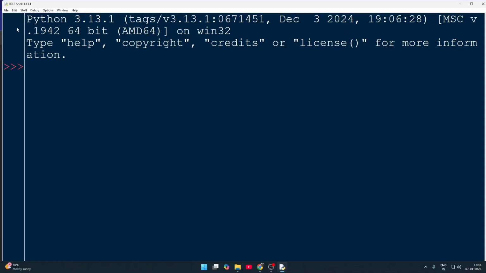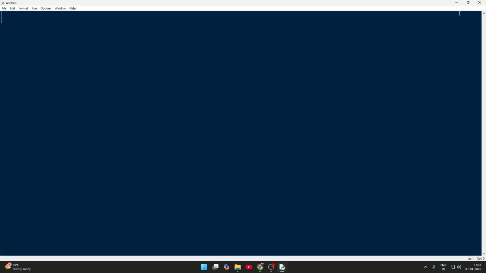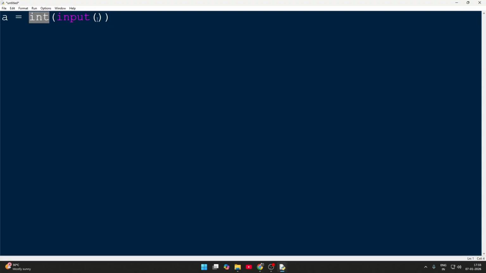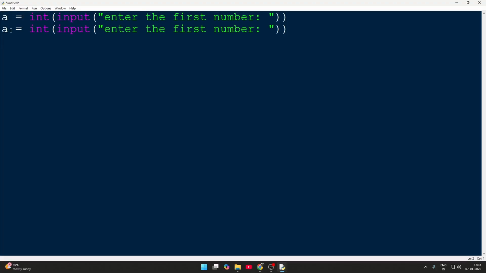So we just have to open a new file. Directly we'll start with the solution. We have to take two numbers from the user, and you have to remember to include the integer type conversion function so that we can perform arithmetic operations. Enter the first number. Then the same thing, we'll just copy the same thing and paste it. We'll change it here, it should be b. Enter the second number,